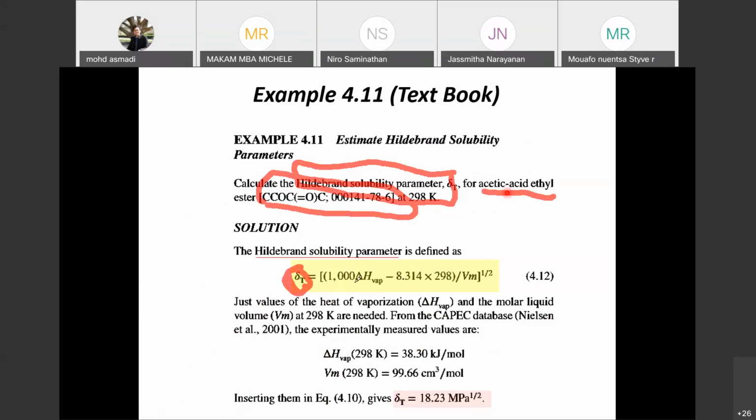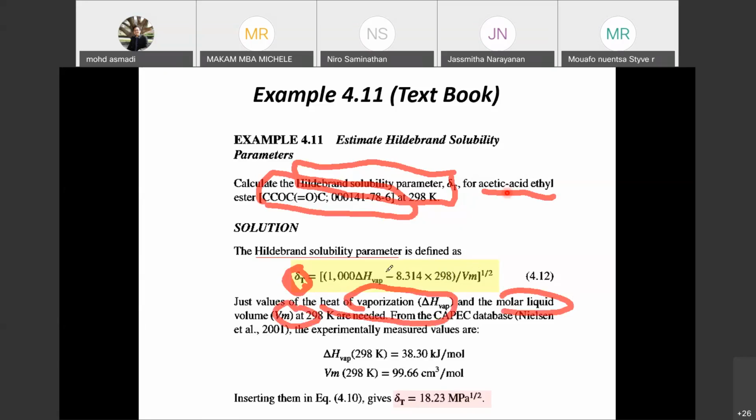The equation is the square root of 1000 times delta H evaporation minus 8.314 times 298 Kelvin, divided by Vm. The heat of evaporation is delta Hv, and Vm is the molar liquid volume